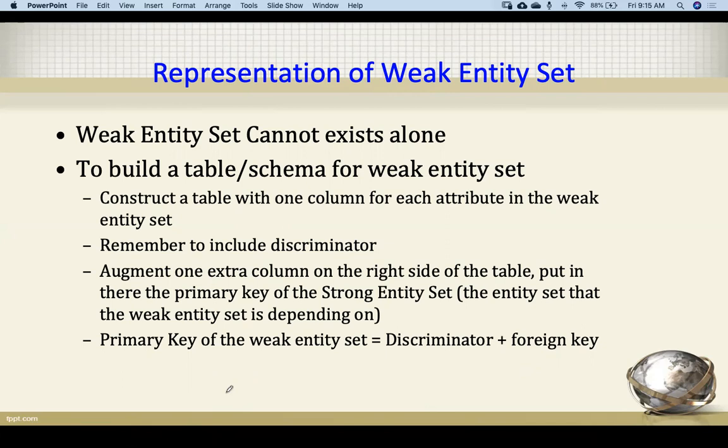Augment one extra column on the right side of the table, and put in there the primary key of the strong entity set, the entity set that the weak entity set is dependent on. The primary key of the weak entity set is nothing but the discriminator plus a foreign key.